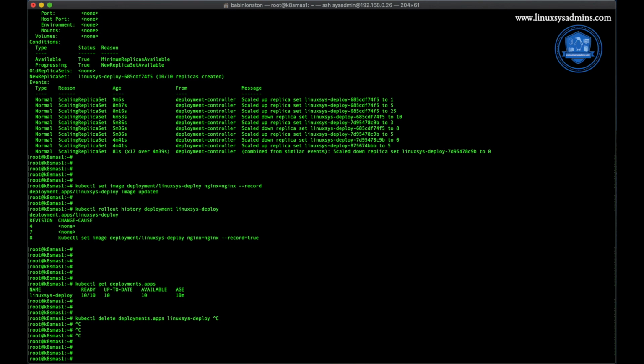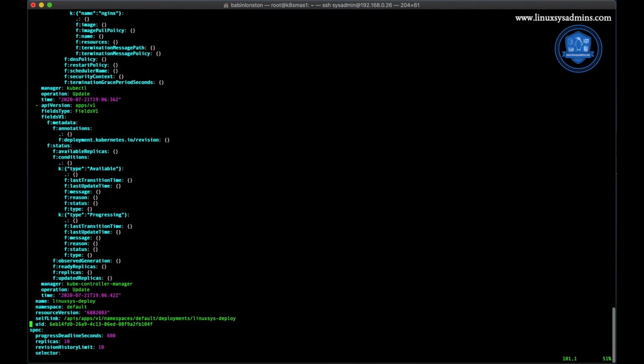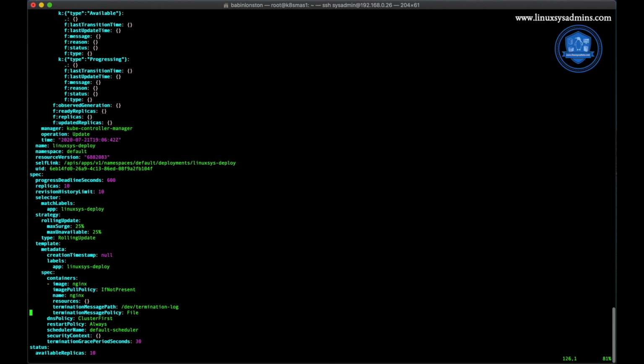If you want to edit the Kubernetes deployment, kubectl edit deployment and the deployment name, like this you can edit it. Okay, so I want to increase the number of replicas, I just change the number of replicas here to 5.